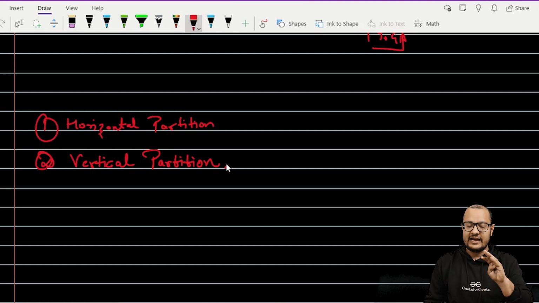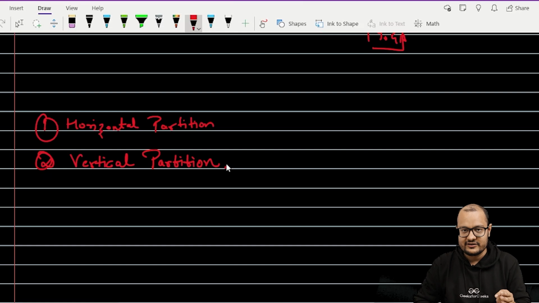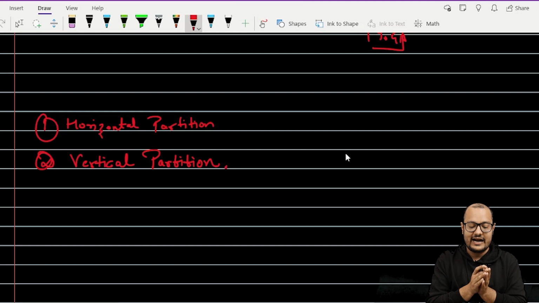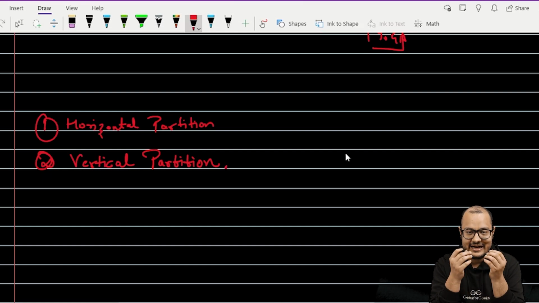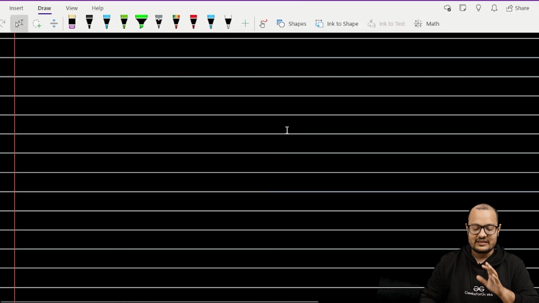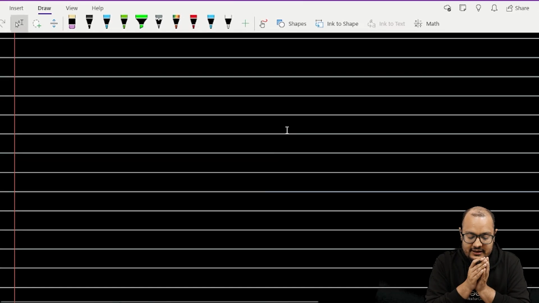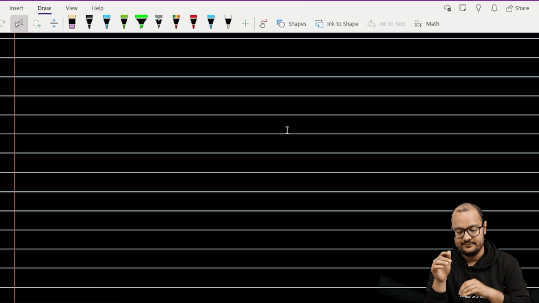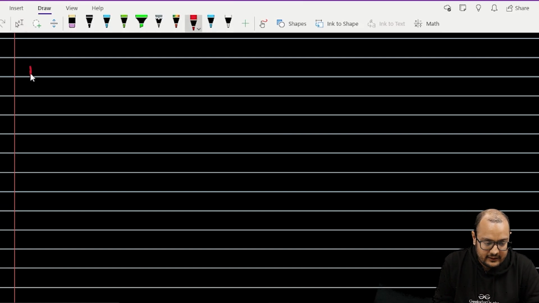Now we have understood the types of partitioning, we have understood sharding and partitioning in detail, and we have understood how we scale our database. Let's now try to understand what possible combinations we can achieve through sharding and partitioning. So let's say we are neither sharding the data nor partitioning the data. How will it look?